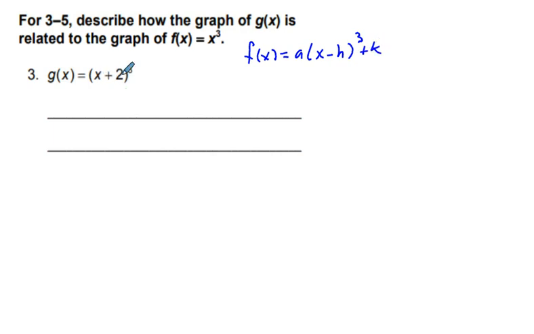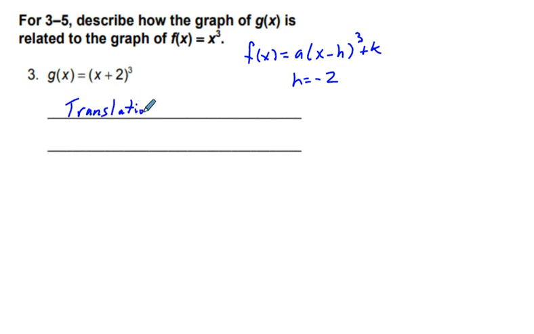And what we have is this x plus 2 in here, so h is going to be equal to negative 2, because to get x plus 2, we have to have x minus negative 2. So the way we would articulate this would be a translation, and there were other words too,